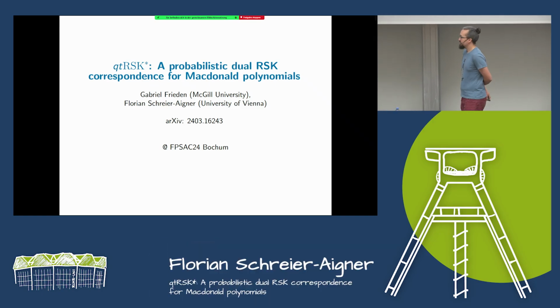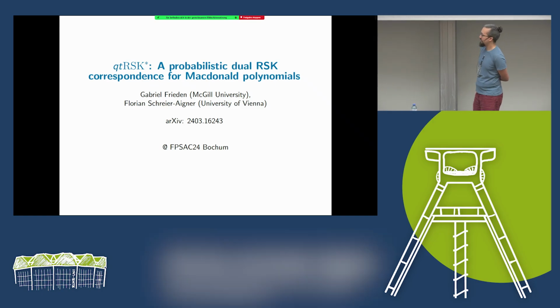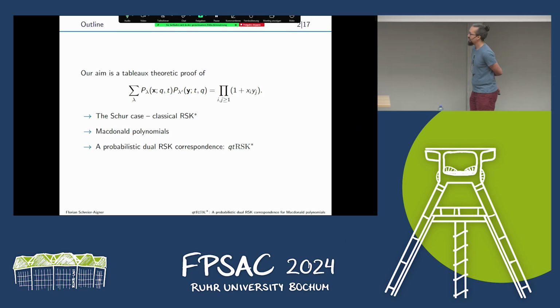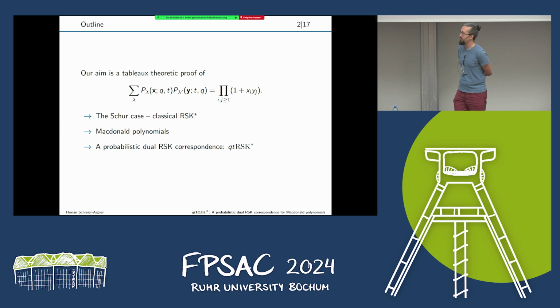So my talk is based on joint work with Gabe Frieden, who is currently at Macdonald University. And our aim is to give a tableau theoretic proof of the dual Cauchy identity for Macdonald polynomials, which is shown here. And I will start by introducing all these basic notions we need, meaning I will talk about